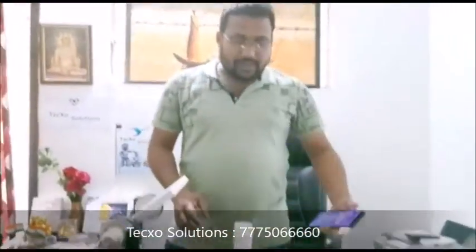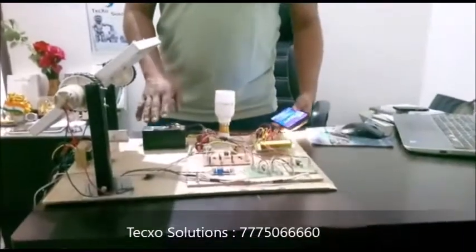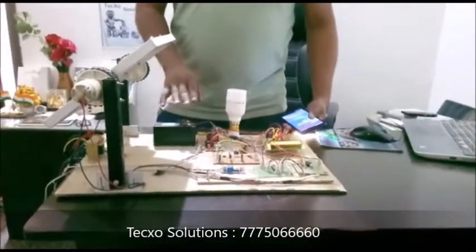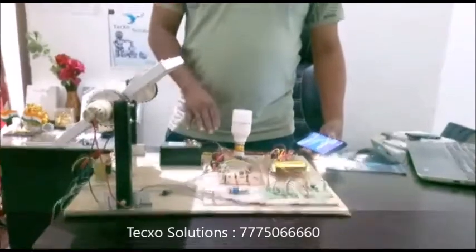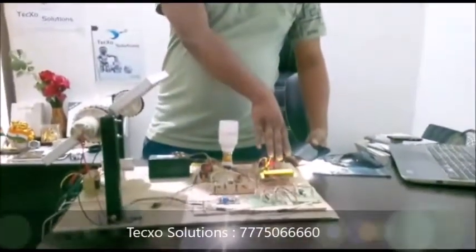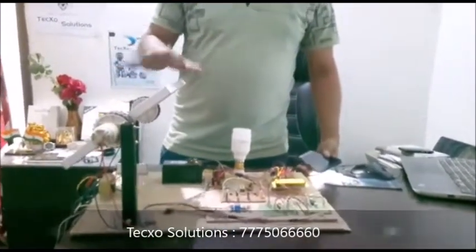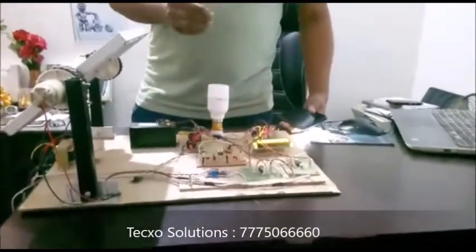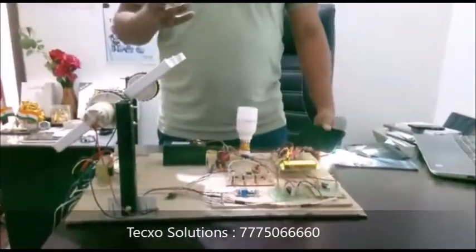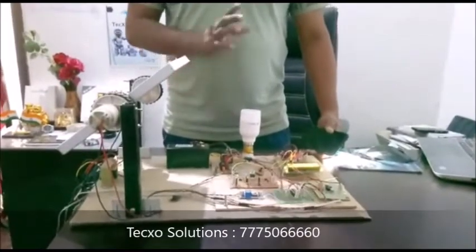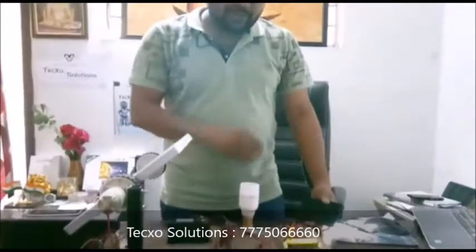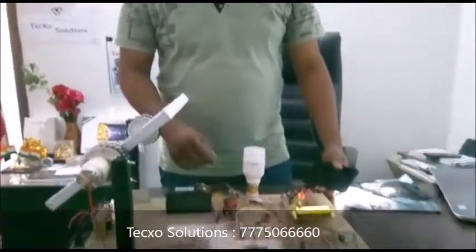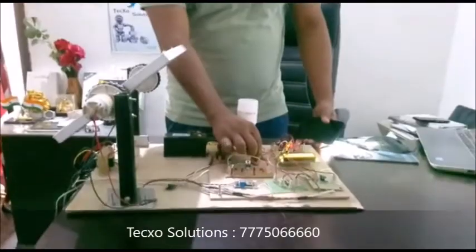After that, whatever energy we obtain from this will be stored in the battery, and we convert this DC voltage into AC with the help of an LED bulb. Also, the status of the tracking, that is stable, left and right mode, is displayed on the LCD display. First of all we see the tracking, and after that we see the conversion of DC to AC. So we saw the tracking mode, now we see the conversion mode from DC to AC with the help of the inverter module. There is a switch we have to attach.